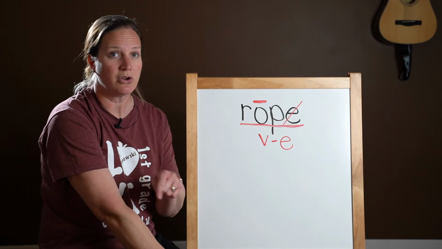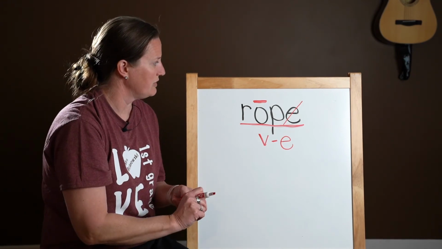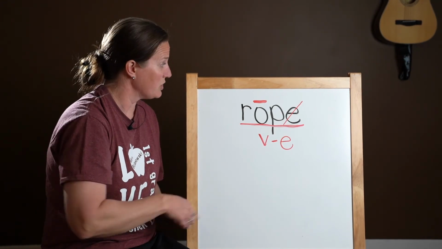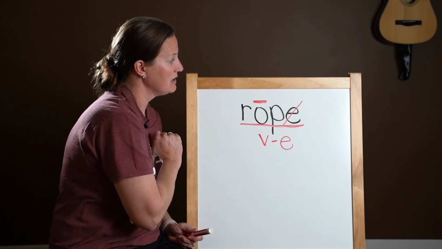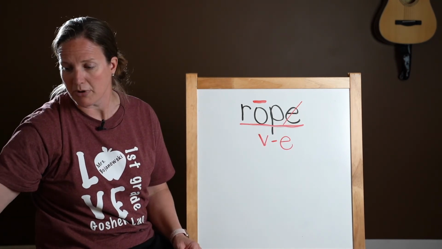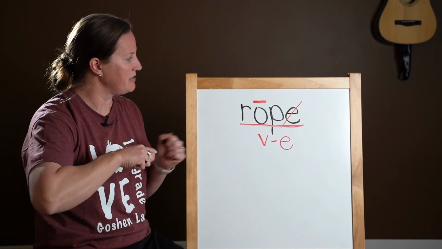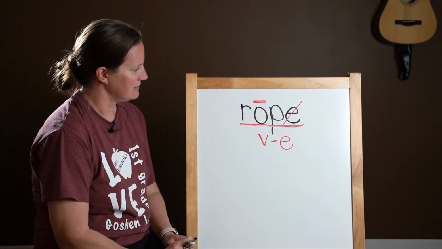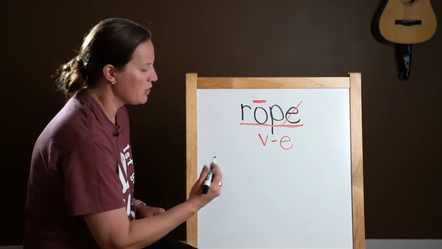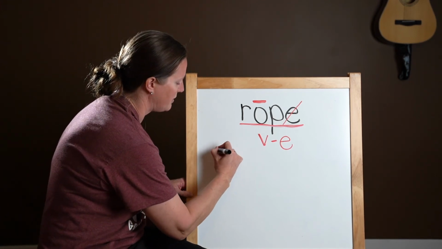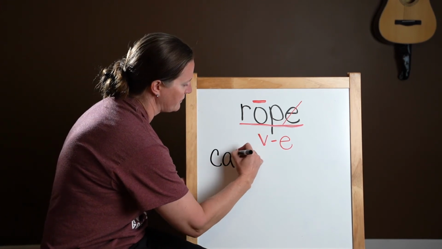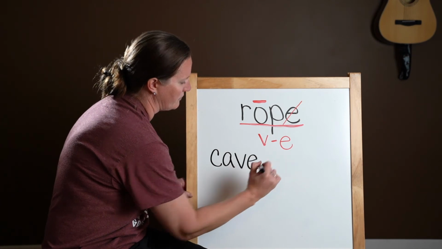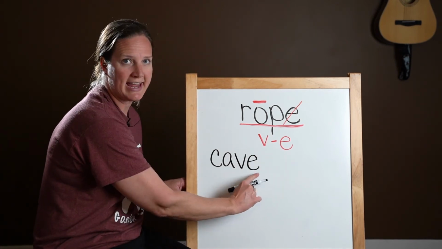All right, what your job is going to be, boys and girls, is to continue finding words with a magic E at the end. But I also want you to write down these four words and mark them up just like I did, okay? Here are your four words that I want you to mark up. Cave,